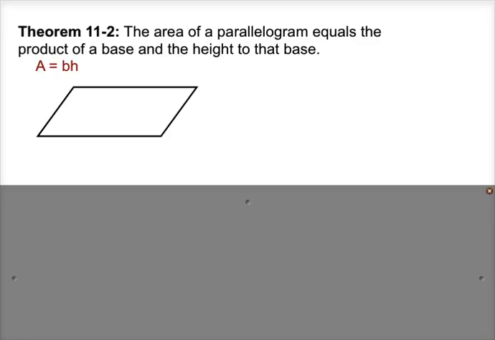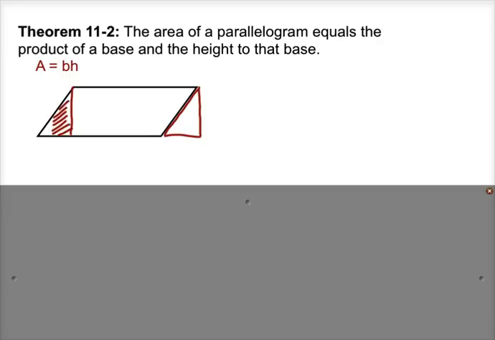Theorem 11.2, the area of a parallelogram equals the product of a base and the height to that base. So I think of a parallelogram as the same formula as a rectangle, and if you try to figure out why it's the same area as a rectangle, if I imagine taking this triangle right over here, and I took that piece and just slid it over here so that it was no longer over on this side,